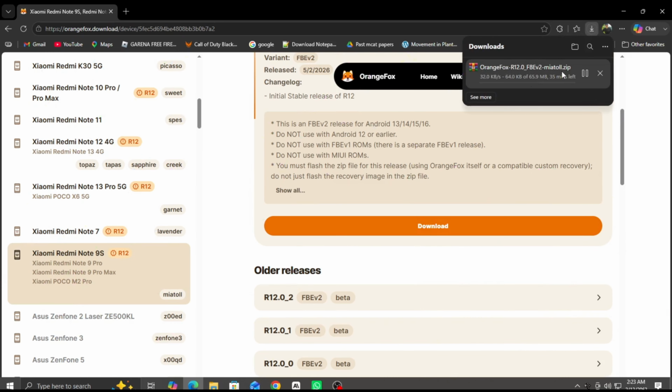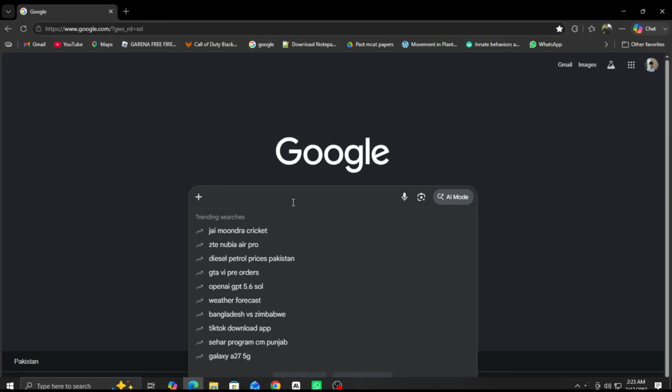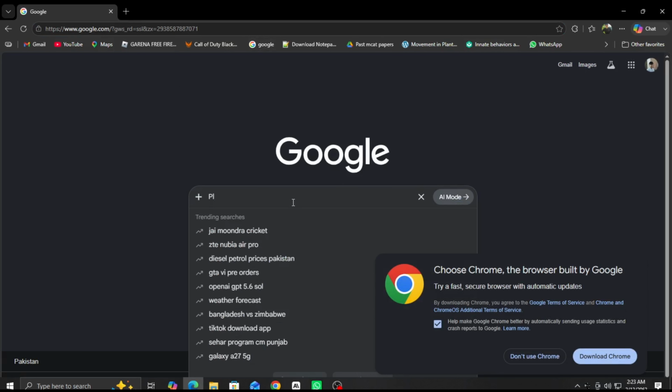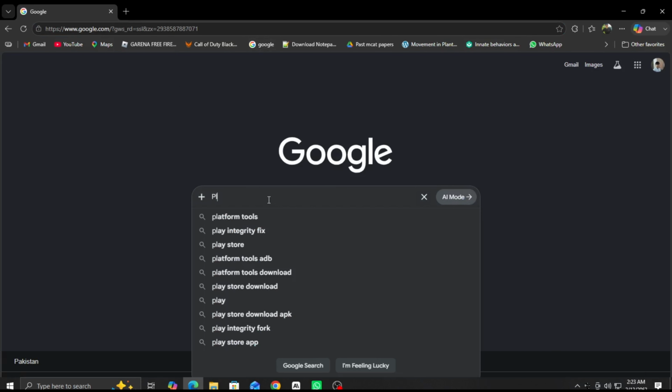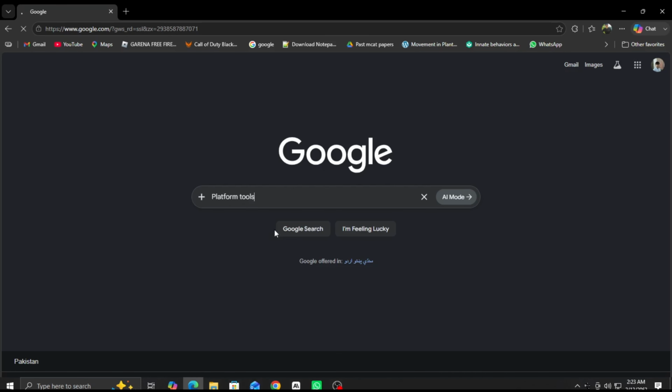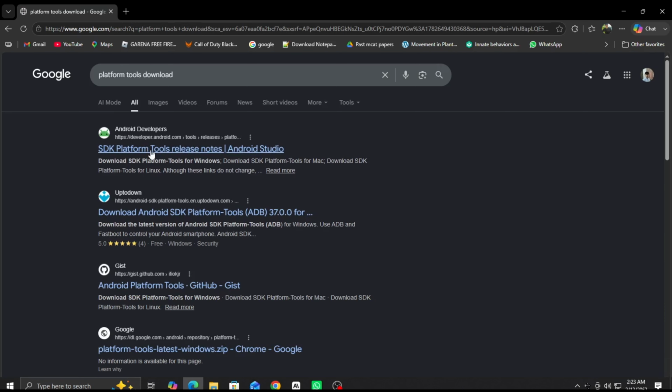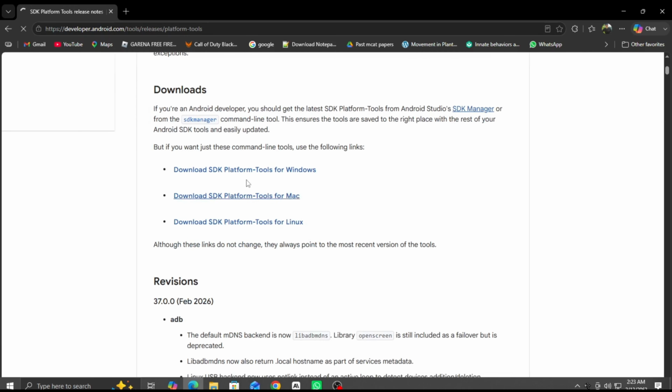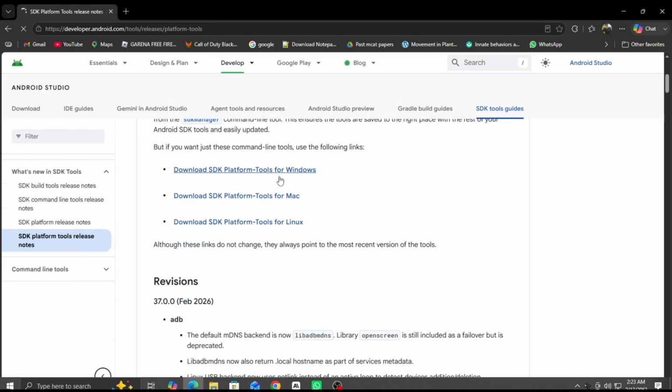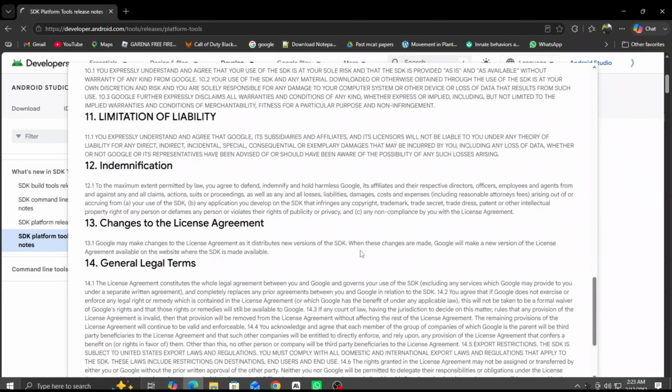If you have ever wanted to install a custom ROM, modify your phone or save it from a boot loop, you have probably heard of Platform Tools. Think of Platform Tools as a digital bridge between your computer and your phone. Inside this package is a super important command line tool called Fastboot. When your phone is turned off and booted into bootloader mode, it can't think for itself. It's just waiting for instructions. By typing simple commands into platform tools on your computer, you can talk directly to the phone's hardware.